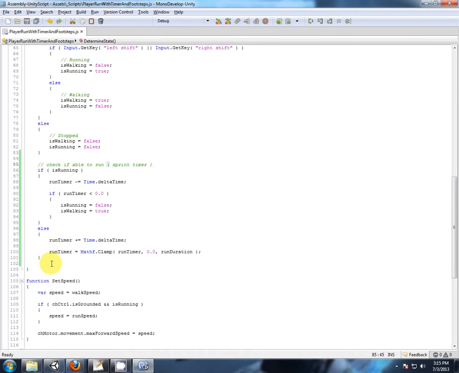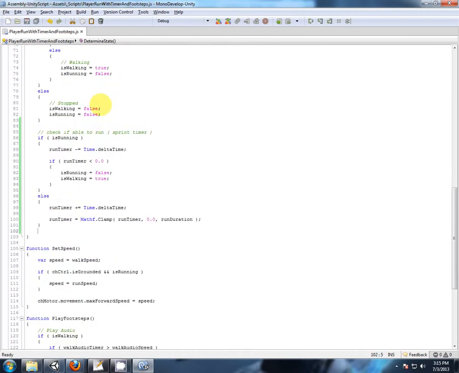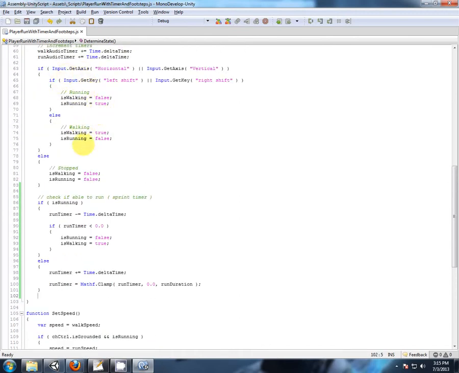And that should be it. So after we check from the player inputs if we're running, we double check against our sprint timer. And we reset them to walking if we run out of stamina. So that should work